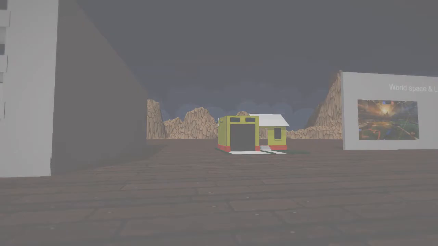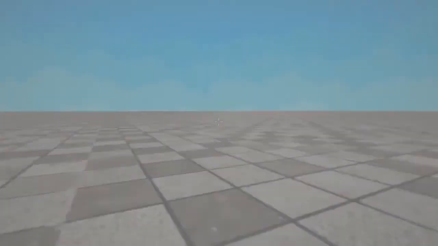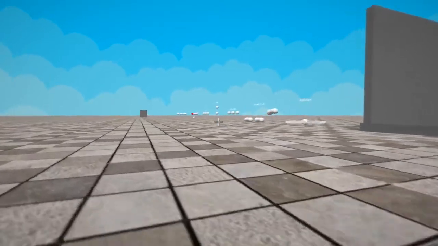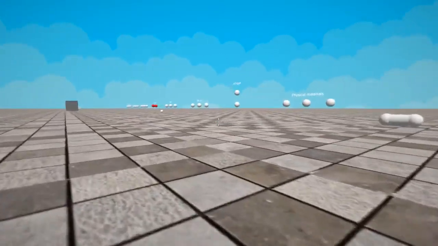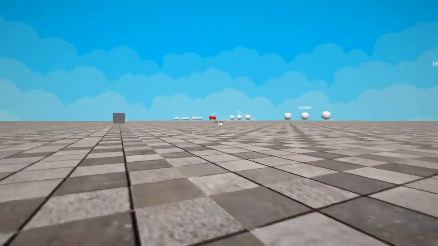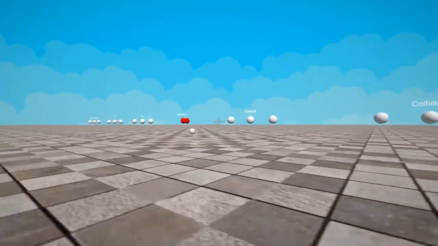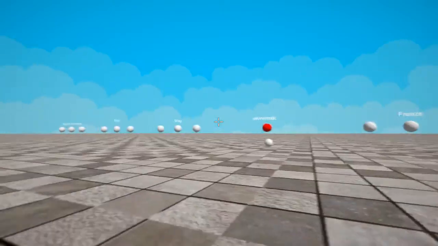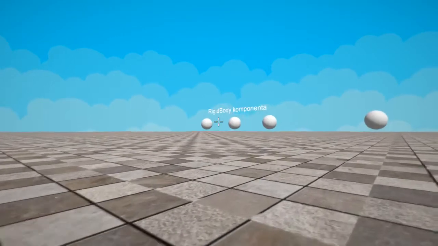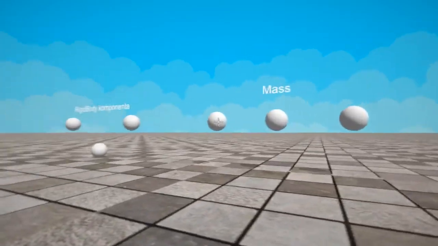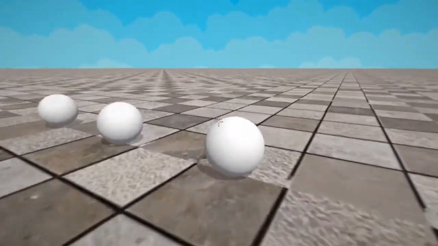So let's get over to the second floor. All the materials from this project are either made by me or downloaded for free from the internet. So this floor covers the basics of physics. What's a rigid body component? We can change its mass,